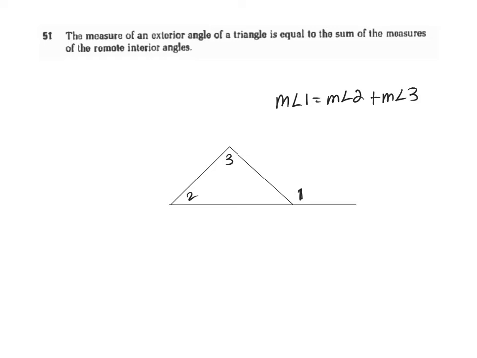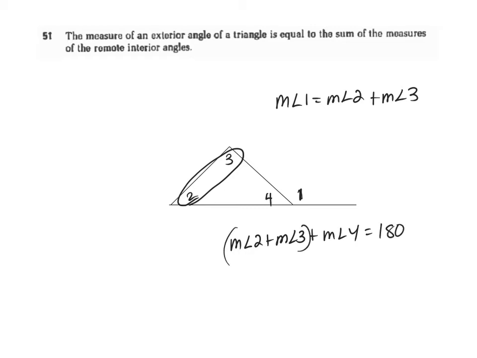And this really comes from the triangle sum theorem. I can see that the measure of angle 2 and the measure of angle 3 added together with the measure of angle 4 have to be equal to 180, because they're inside a triangle. Now, I also know that the measure of angle 1 plus the measure of angle 4 is 180, and that's because they form a linear pair. They both lie on a line. So you can see that the measure of angle 1,